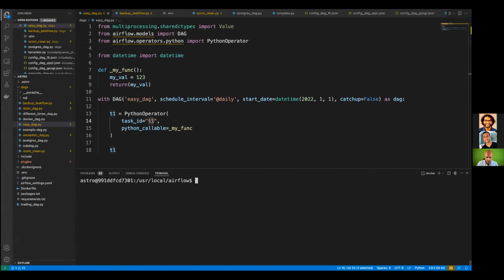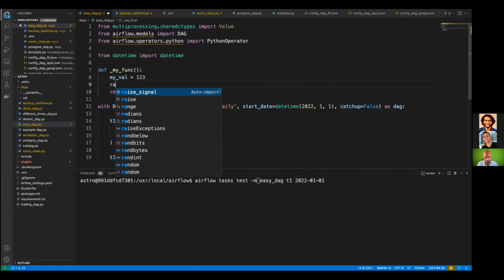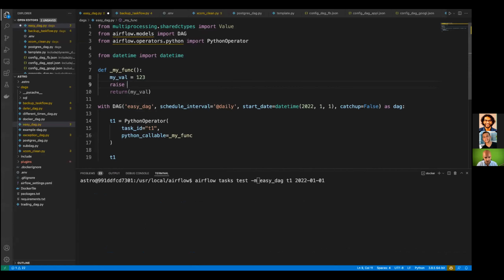All right, so that's it about the CLI. I know there are many other commands. I know that. And actually, thinking of that, I forgot one thing that I really would like to show you is, in addition to Airflow task test, you have an option, a secret option, which is -m. And with that option, let's say you have an exception in your task. So raise a value error here with my error,